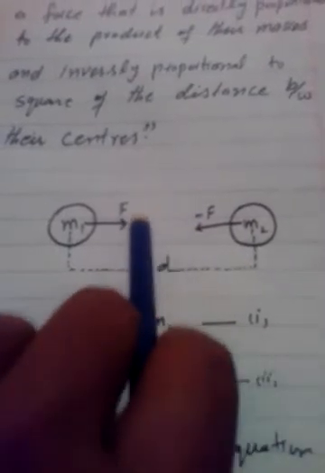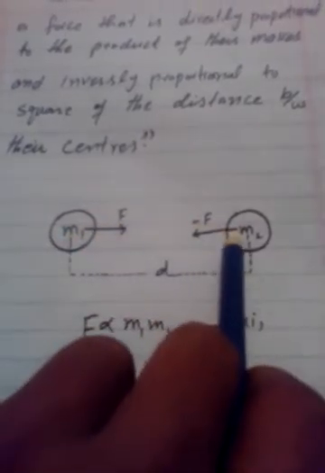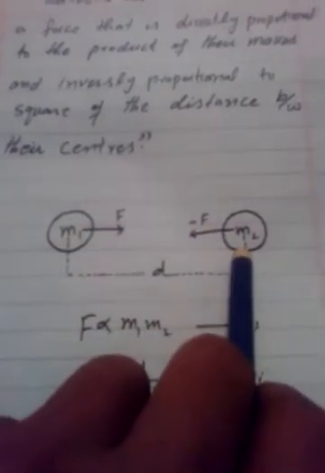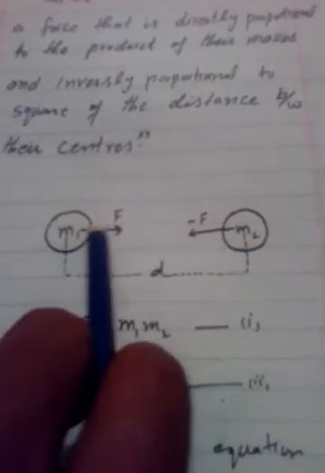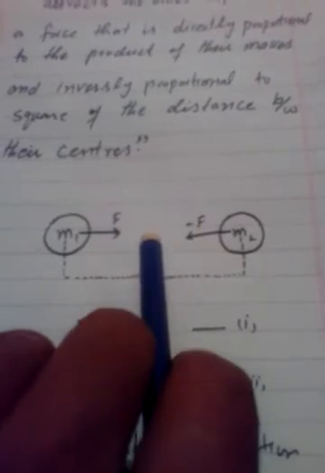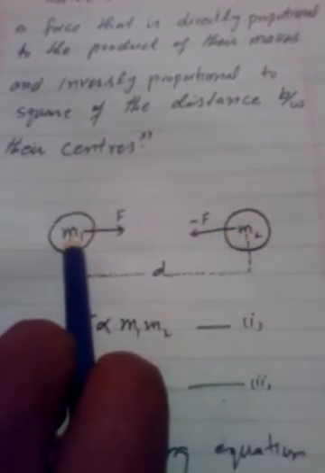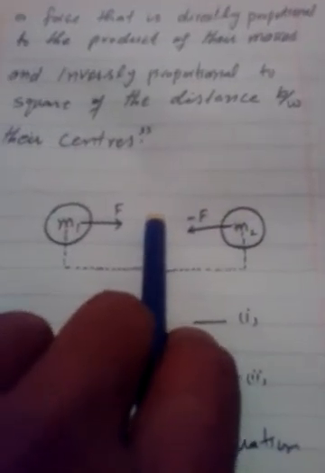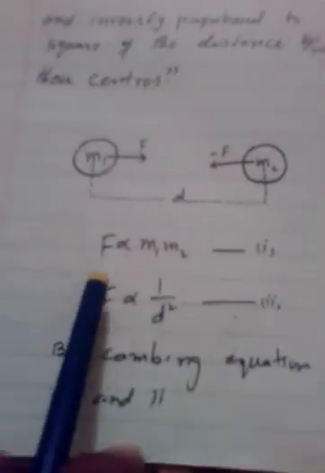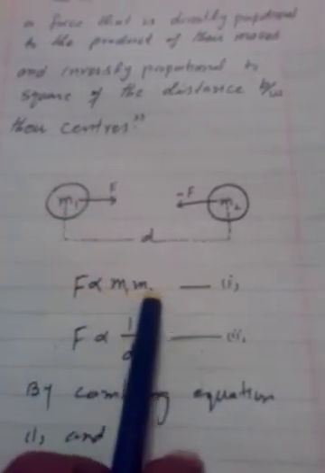This force of attraction depends upon the magnitude of the masses m1 and m2, and is directly proportional to the masses. So we can say that if the bodies have greater masses, then the force will also be greater. If the bodies are of smaller masses, then the force of attraction will also be smaller. That's why we can say that the force of attraction between these two bodies is directly proportional to the product of their masses and inversely proportional to the square of the distance.